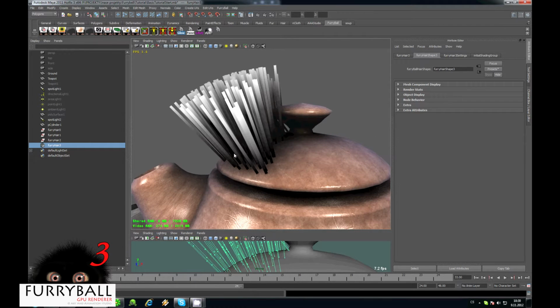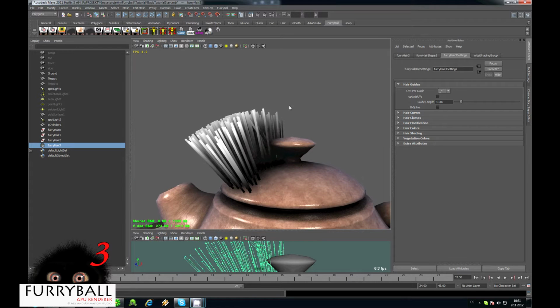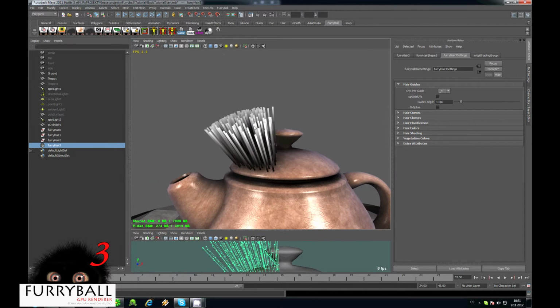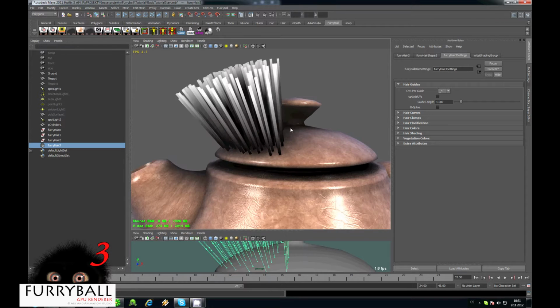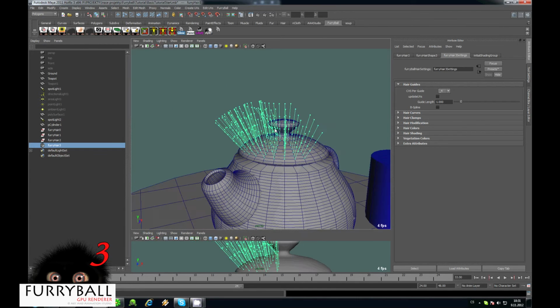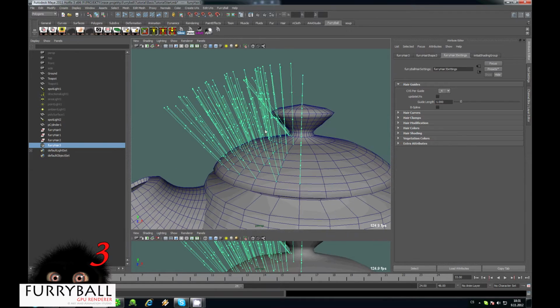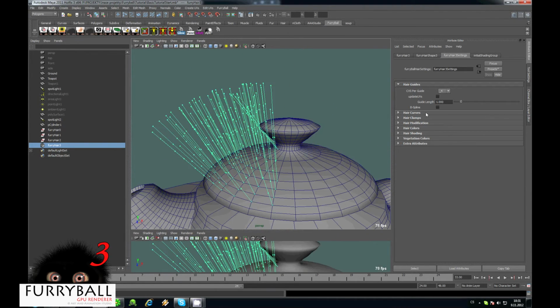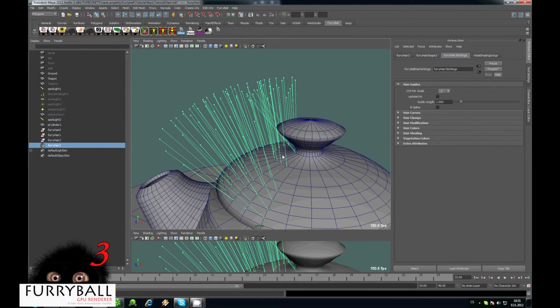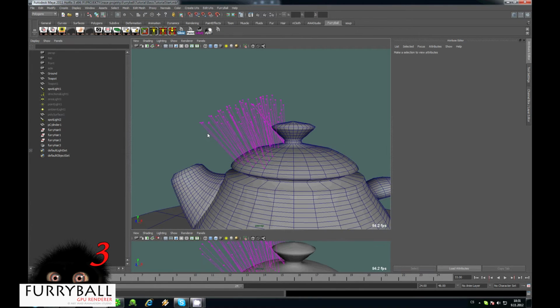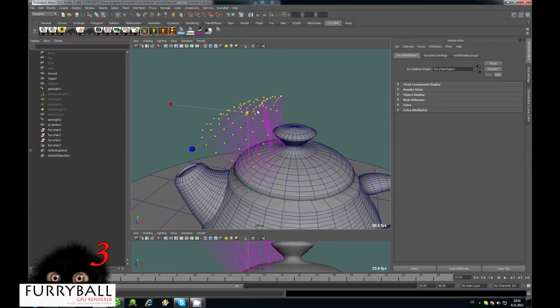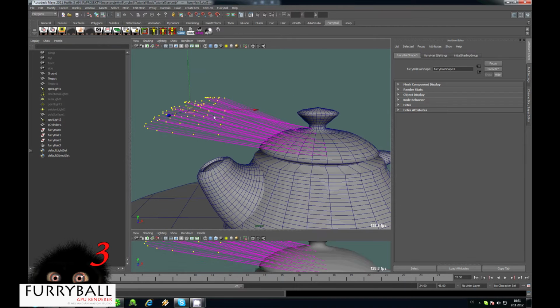if I enable hair in render settings, there's my fur. All the options for these fibers can be found here in the Furry Hair Settings node. We will go through them later. Now let's try some ways to define the shape of the hair, to style it. The first one is to manually move the CVs of these fibers. So I will select the lowest CVs per guide. Now I press F8,